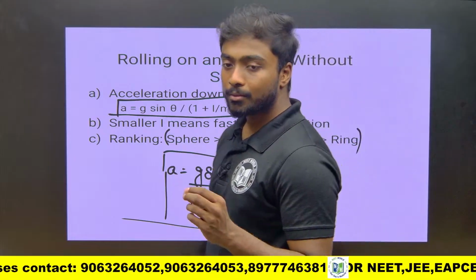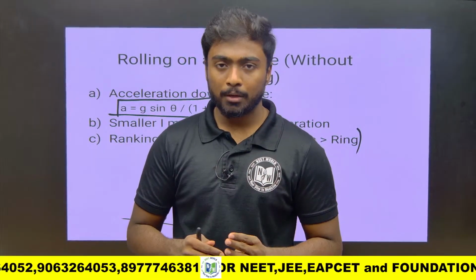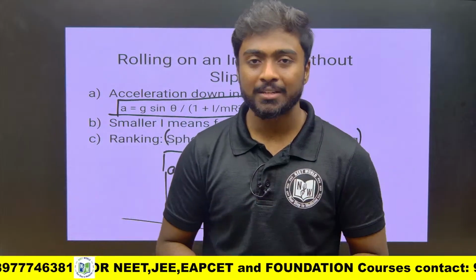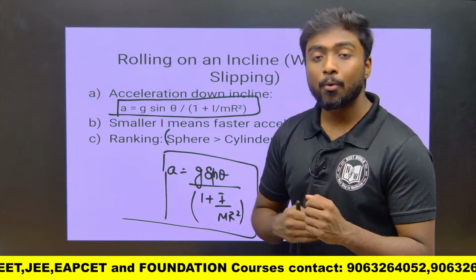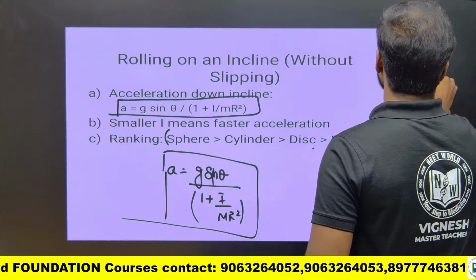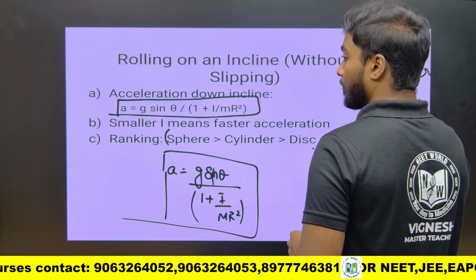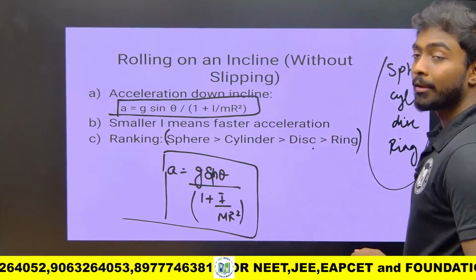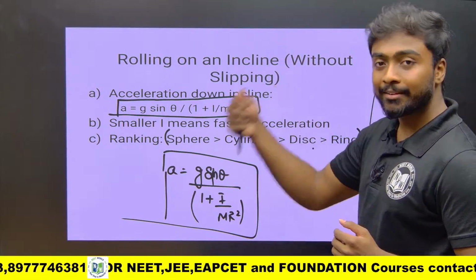So when they are asking about the relation, some 4 objects have been given. What is the acceleration of the given object on the inclined plane? Which one has more acceleration? For example, if I take a sphere, cylinder, disk or ring, these 4 things, and they are asking about the acceleration in ascending or descending order,